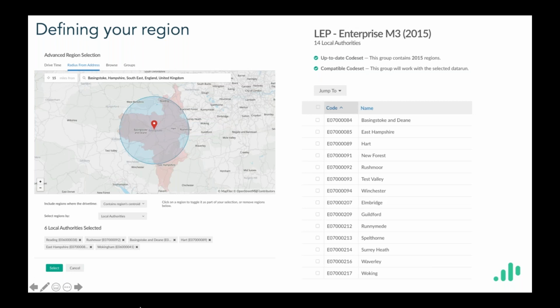MZ reports 4-digit SOC data for every local authority in the country. So that means if you're using Analyst, you can create and save a customized geography built up from local authorities. And on the slide, you can see how you might use one of our mapping tools in the system to help with that. In England, we often report data using LEP regions, as they're quite useful, coherent economic areas of a local enough scale that are relevant to a range of stakeholders.